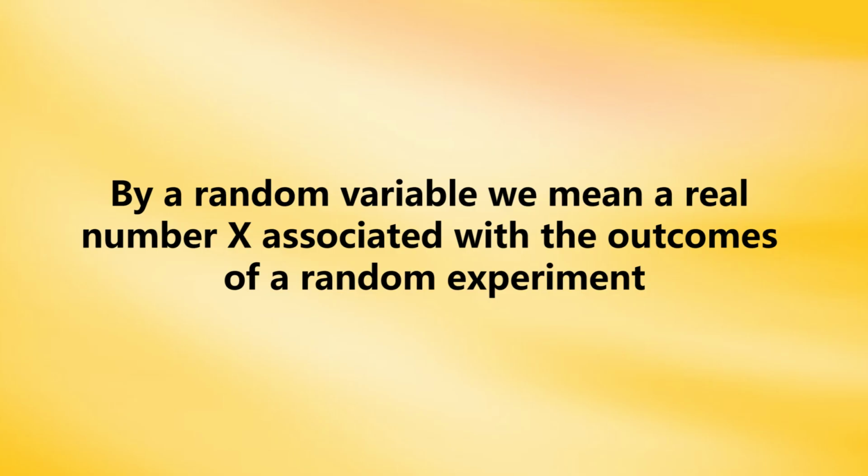In each of these cases, there are multiple possible outcomes, and the probability of each outcome depends on the specific experiment being conducted. By a random variable, we mean a real number x associated with the outcomes of a random